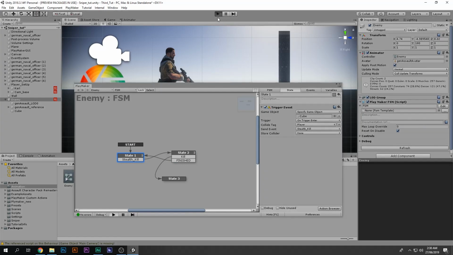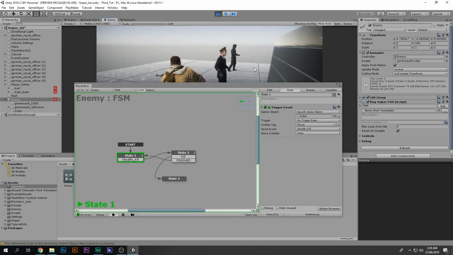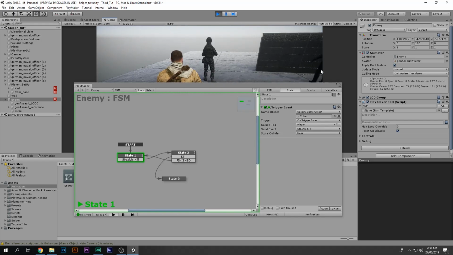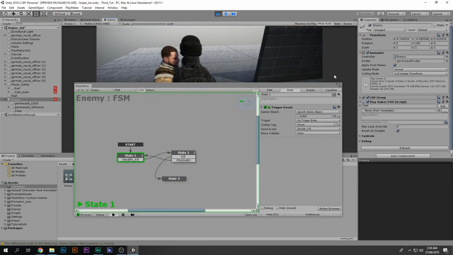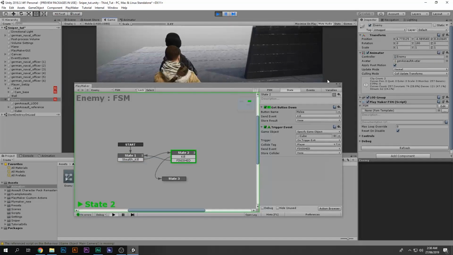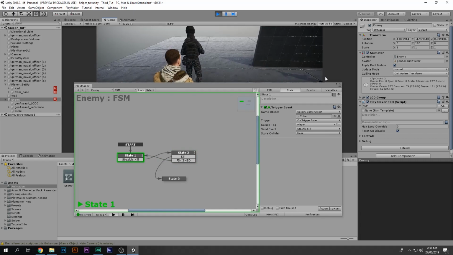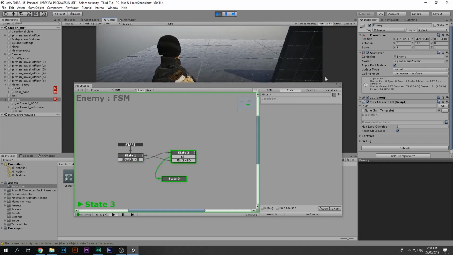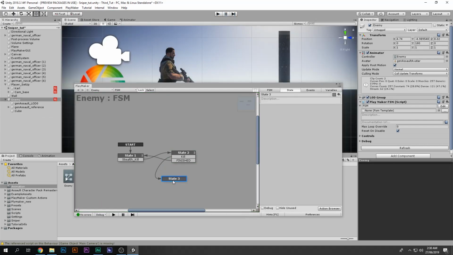All right, so let me just go ahead and quickly play the game and show you guys what is happening and what I have done. So if I come over here, as you can see, when I come in here, it asks me to press the E button, and when I come out of this area, it's gonna come back, and when I come in here and press E, we're gonna come in this state. So this is the state in which we have to